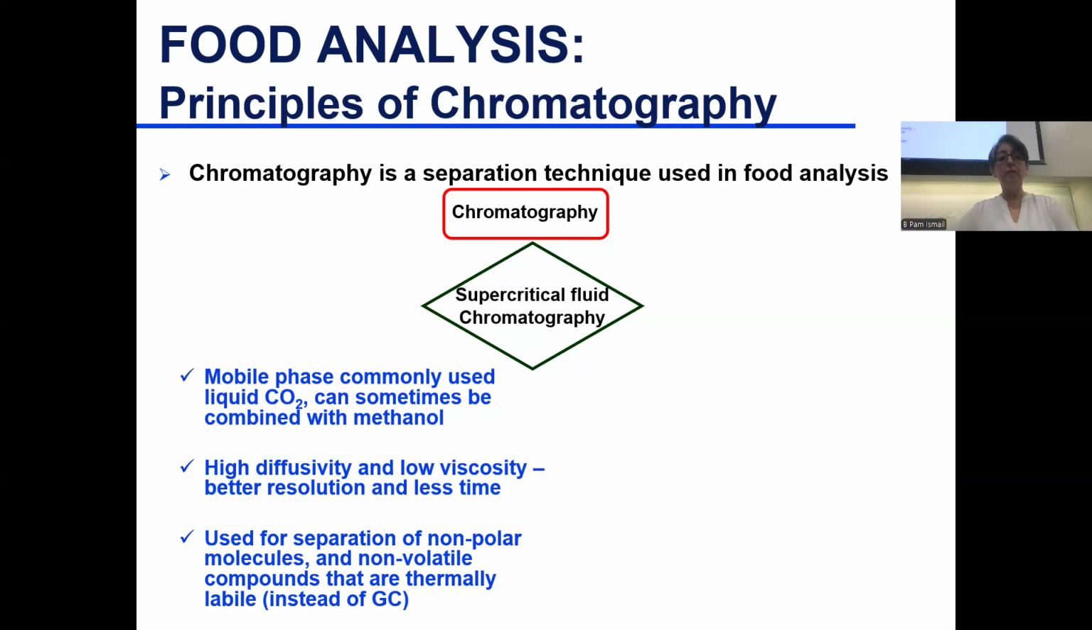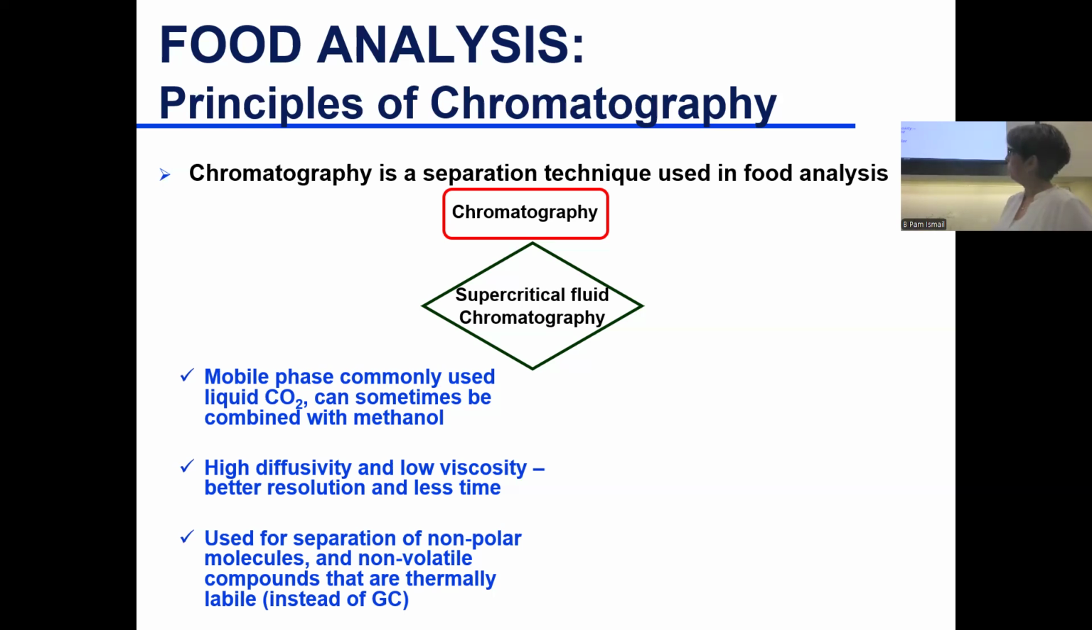solvent. This is used mostly to separate non-polar molecules that are not volatile. So usually with GC, non-polar molecules that are volatile, you can separate them by GC. Supercritical is when you have non-polar molecules, they are non-volatile, and they are thermally labile, meaning not stable. They can degrade with temperature. So we cannot use GC. So we use this supercritical